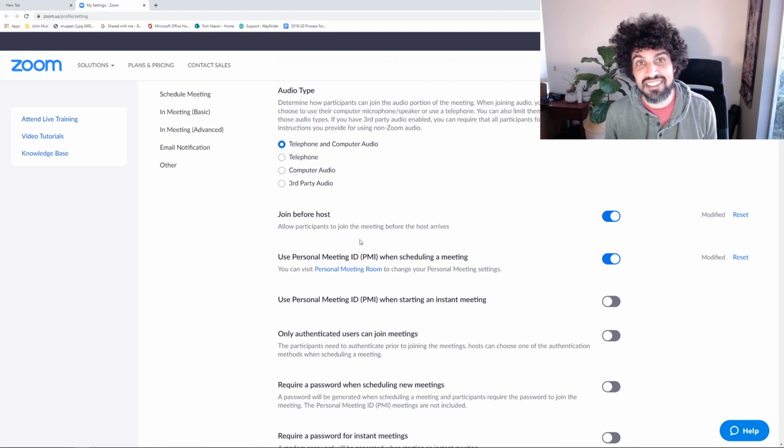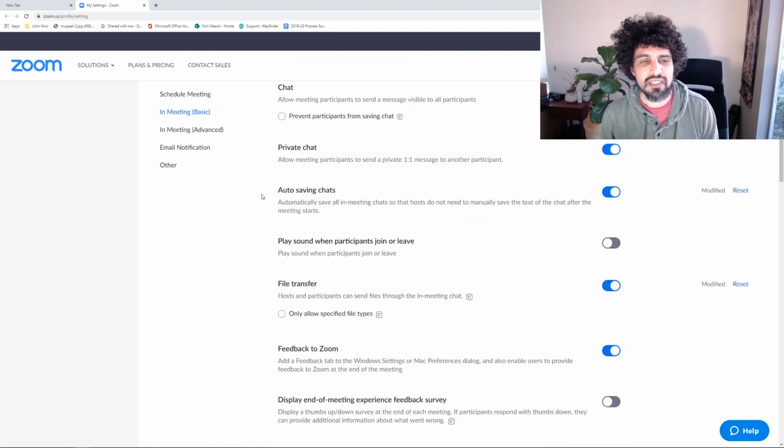If you don't turn this setting on, you are going to be getting messages, pings, emails, parent phone calls. Even if you're on time, you're going to have students that try to join early and they can't get in and they're going to lose their minds and they're going to start messaging and then they're going to message your friends who are then going to message you and say, this student. Anyway, just click Join Before Host. It's going to save your sanity, which is something that's in short supply right now, so we need all we